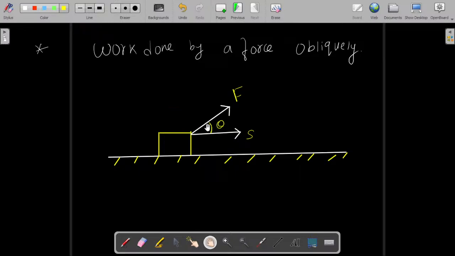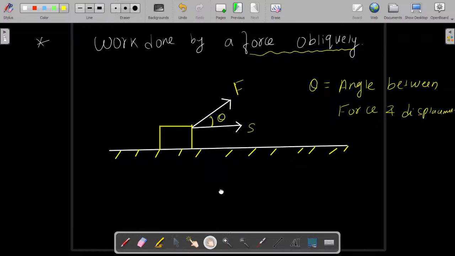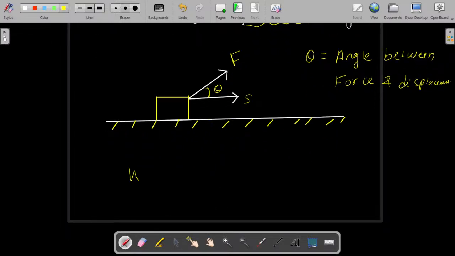That angle is called theta here. So write down, theta is the angle between force and displacement. This is an oblique force. This force is oblique in nature. It has some angle with displacement. So write down, theta is the angle between force and displacement. Okay. So in this case the work is,